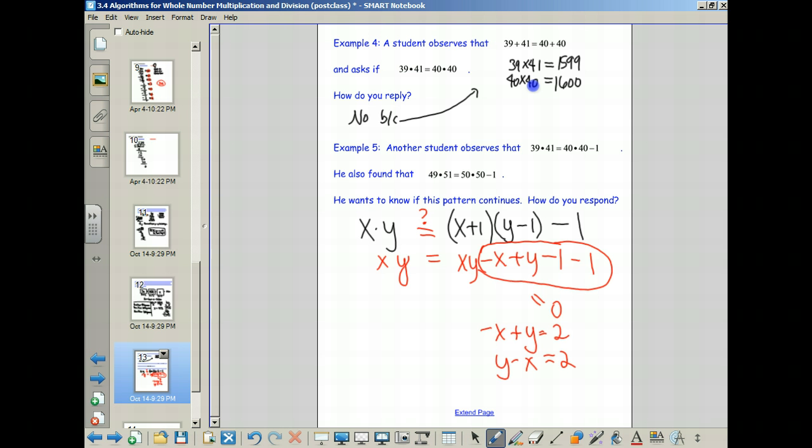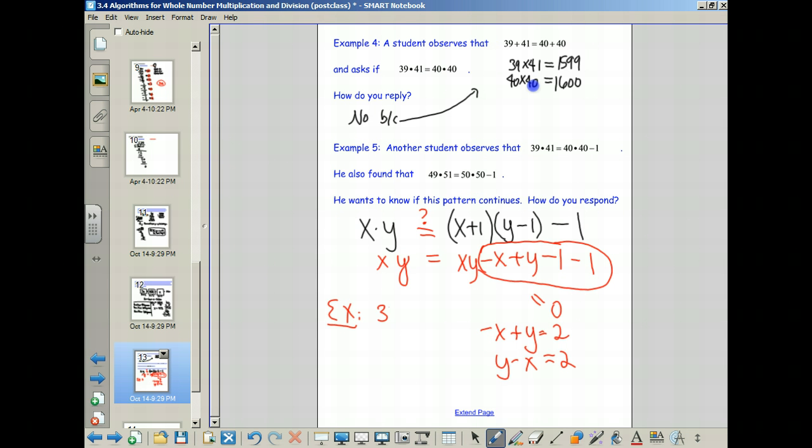So when will this work? Well, it will exactly work when the two numbers you're dealing with are 2 apart. So can I always add 1 and subtract 1? No. But if I've got two numbers that are only 2 apart to begin with, they don't even have to be the 49 and 51, 39 and 41. The numbers I'm dealing with just have to be 2 apart. And for example,